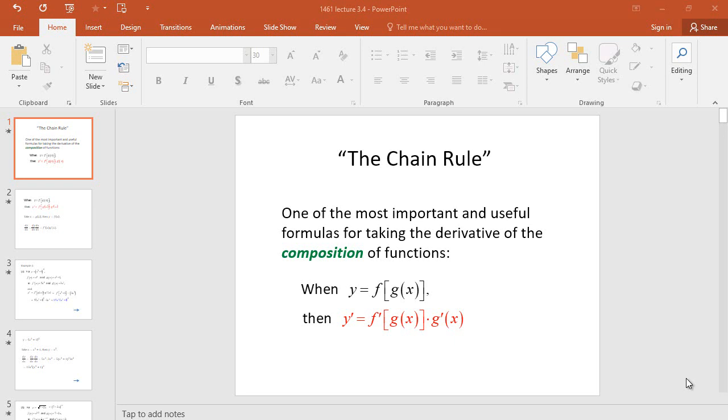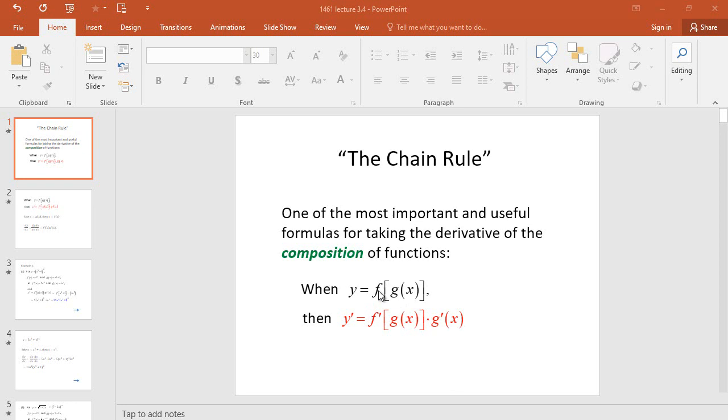Welcome. Today we will be talking about the chain rule, which is one of the most important derivative formulas. The chain rule is used to find the derivative of a composition of functions. Let's say that y is the composition of f and g. So y of x would be equal to f of g of x. Then the derivative of y would be the derivative of f evaluated at g of x multiplied by g prime of